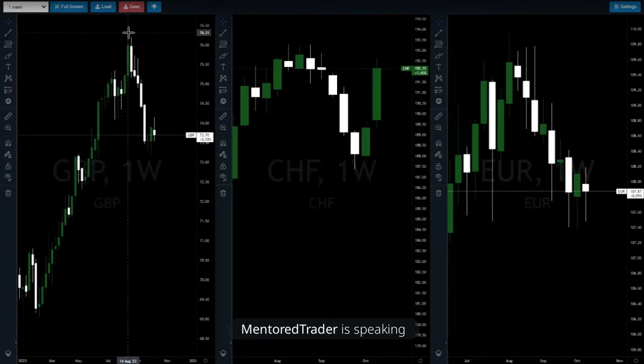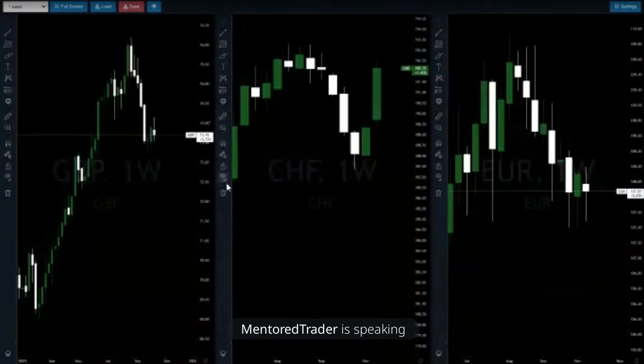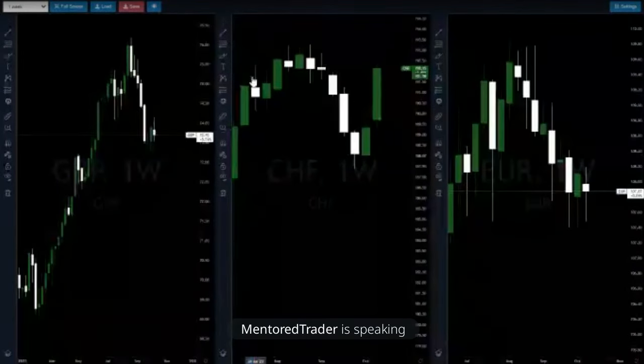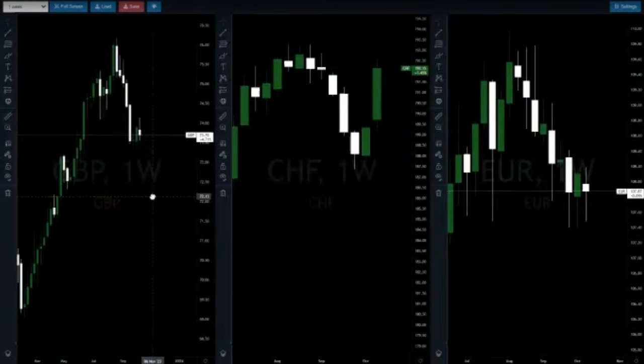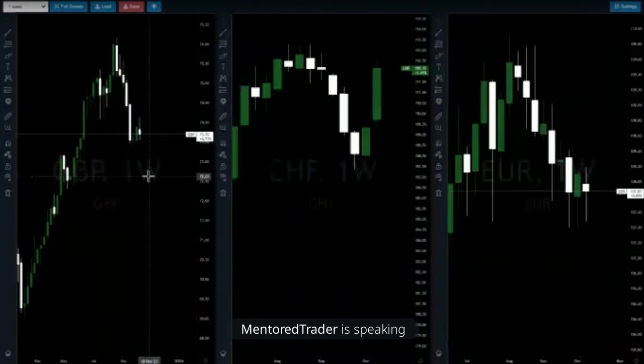We have the GBP, we have the CHF, we have these currencies that started dropping in the same season. If you look at this, it was August 21st, August 7th, then August 21st. So that's the same season here. It is August. August which year? August 2023. What happened? You know, I told you last time